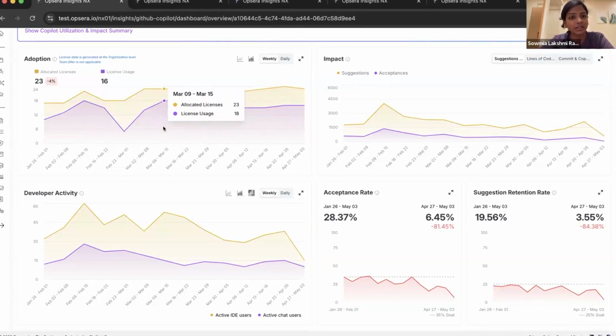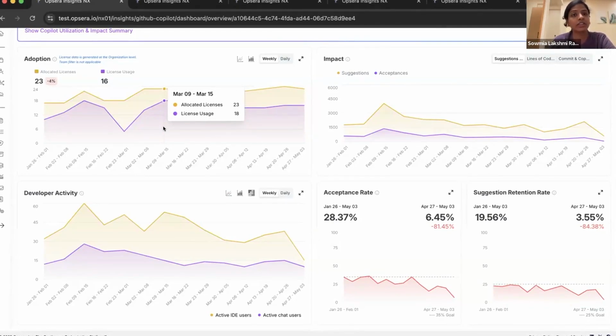But are you able to actually understand the zombie licenses? You have paid for 23 licenses in this case, right? But only 16 are using. This is a smaller number, but look at organizations. They've allocated 30,000 licenses, but probably only 15,000 is used. Why would I even pay for the next 15,000 licenses over a period of time, right? Probably you can leave it for 3 months. And it's high time that we really look at why am I paying for the additional licenses.